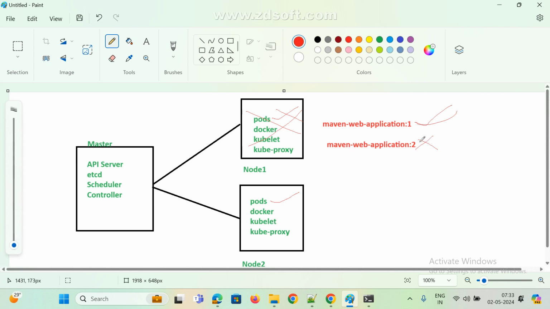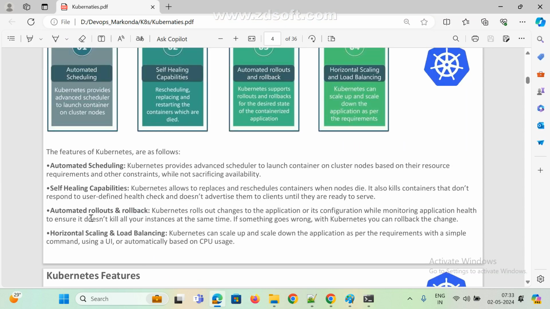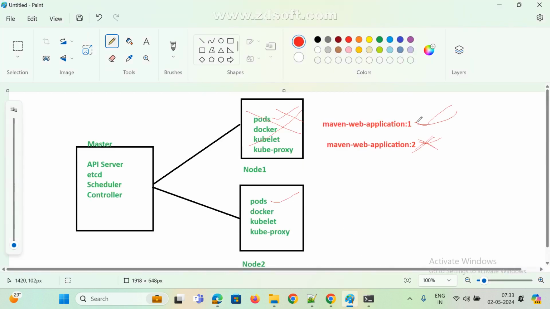So you deploy the new version, and unfortunately there are some issues in it. Now you want to roll back to the previous version automatically. That feature is also available: automated rollouts and rollback. Kubernetes rolls out changes to the application and its configuration while monitoring application health, to ensure it does not kill all your instances at the same time. If you want, you can simply roll back to the previous version. You don't worry, even if the new version is not working properly, immediately we can roll back